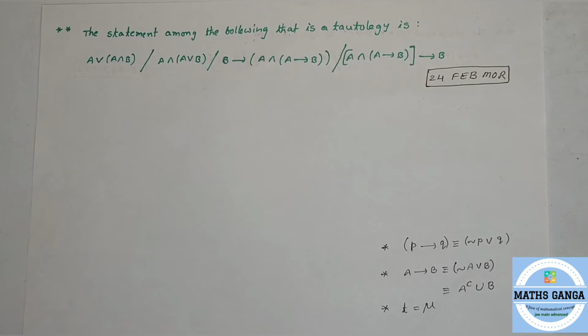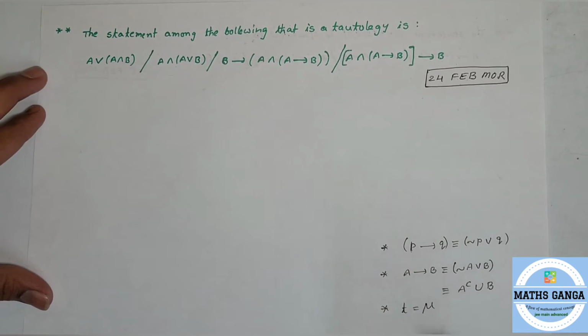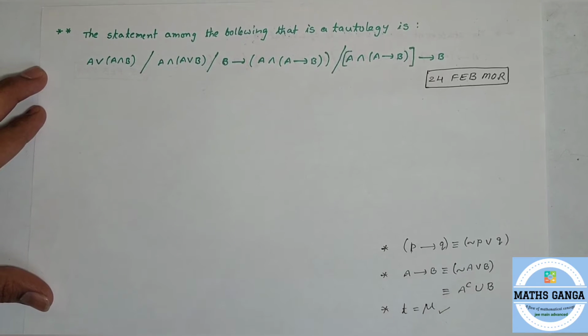To answer these types of questions, one of the best ways is converting the question from statements to sets, because we are very familiar with the properties of sets, and personally I feel it is very comfortable analyzing the properties of sets instead of statements. So I will convert the options into sets and try to decide which of these is a tautology. While converting from statements to sets, we treat a statement as a set, and tautology means which is always true. In sets, tautology corresponds to the universal set.